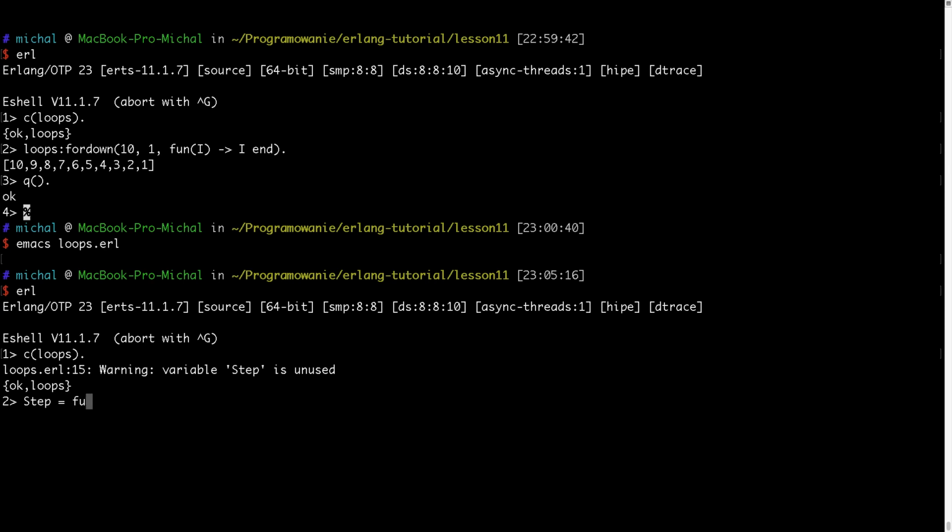First of all, I need to define the step. It will be a fun, and to define this fun, I need to write something like I, and I want to tell I plus 2, for example, or I plus 1 will be the standard case,